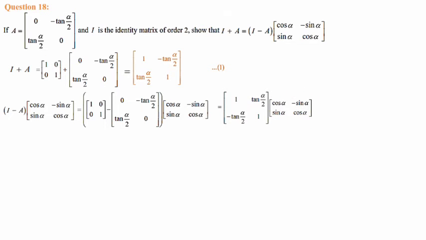These terms are not required for our answer, which means we need to change this one. In trigonometry, we have learned double angle formulas, that means cos 2 theta, sin 2 theta and so on, in terms of tan. So that is what we are going to do first. So sin 2 theta, we have learned the formula 2 tan theta by 1 plus tan square theta. This is double of the angle, 2 theta.